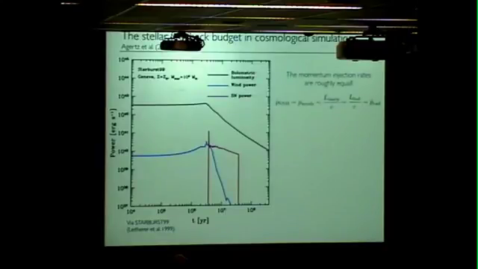What's interesting from this plot is that the momentum injection rate from supernovae and winds have roughly the same magnitude, the L mechanical over the typical velocity, a few thousand kilometers per second for these processes. And that happens to be roughly equal to the